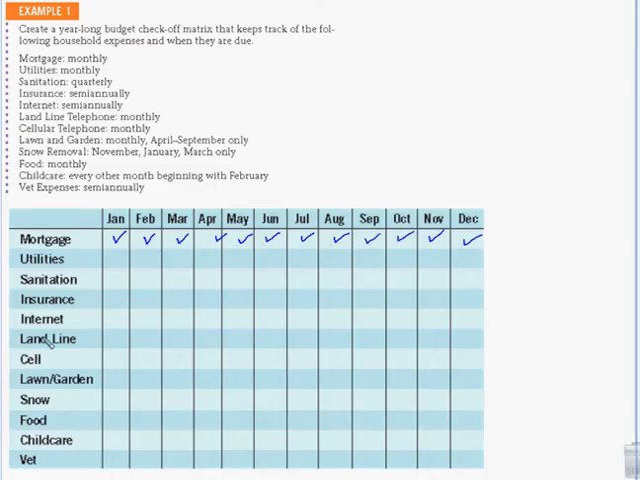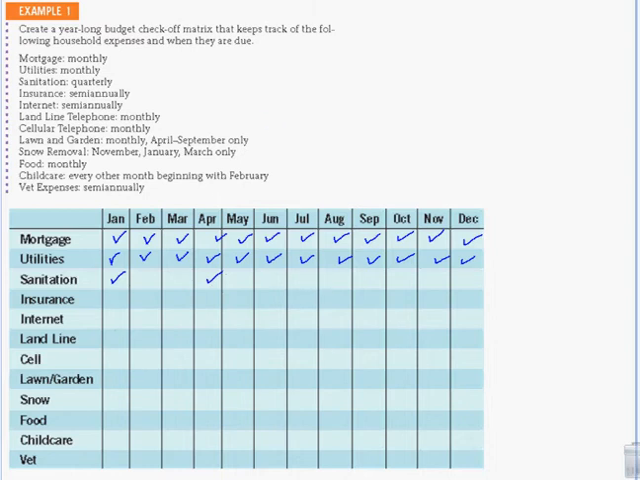Okay, so I know I have to pay my mortgage every month. And then utilities is every month. Sanitation is quarterly. So that means every 3 months, 4 times a year. We'll start in January, April,